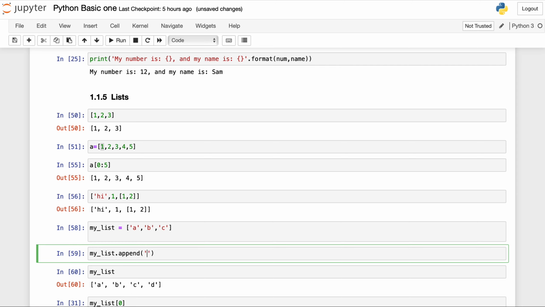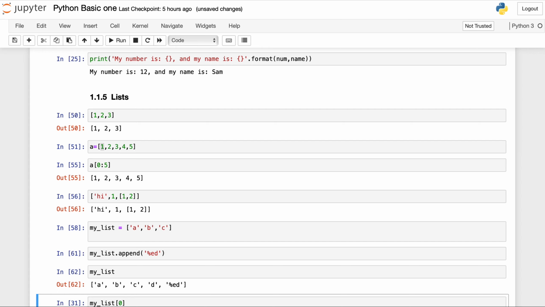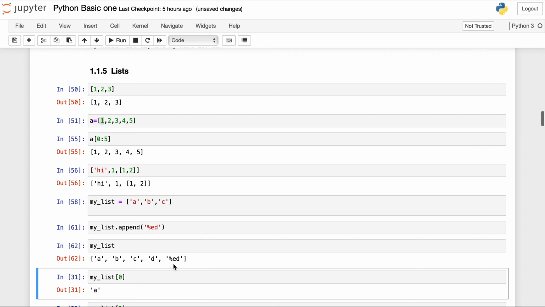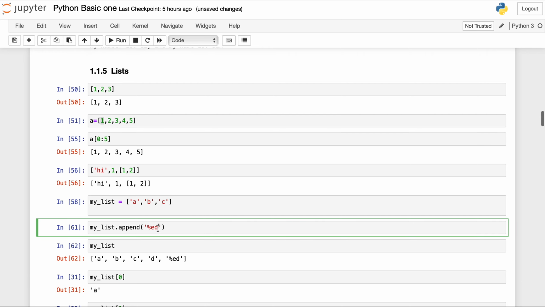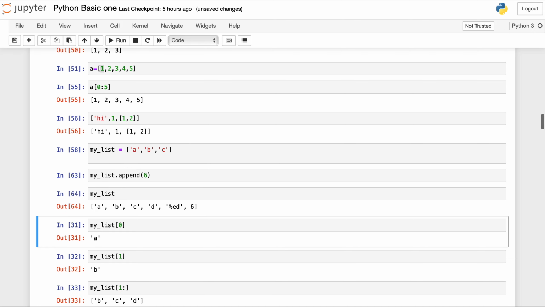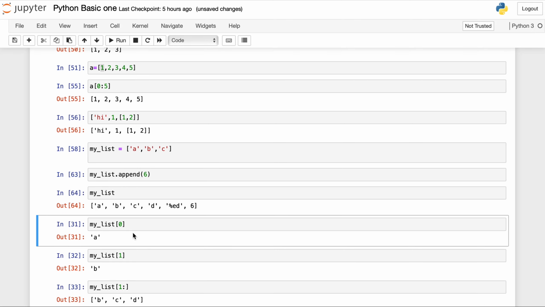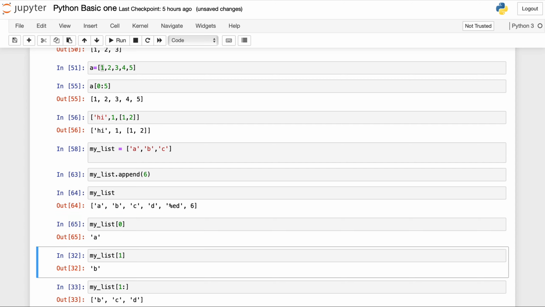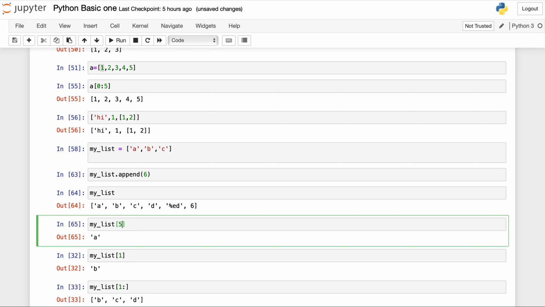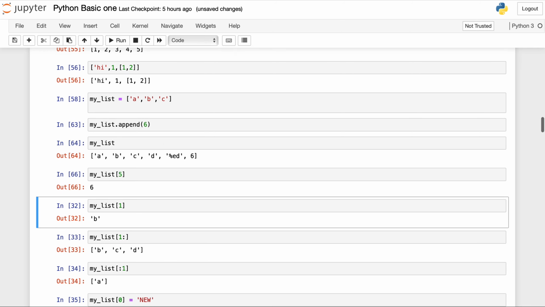When I put E, my list becomes ABCDE. Now suppose I append 6. It will append 6. Now you can print A of 0, and if you print A of 5, it will give you 6.